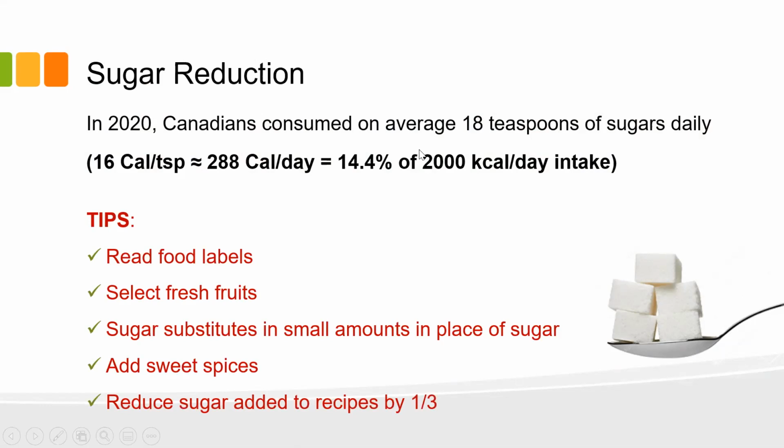So you want some tips on reducing sugar? Read your food labels. Go for fresh fruits to satisfy that sweetness craving. The fresh fruits are going to give you fiber and vitamins, and are going to be much better for you than refined sugars that you might find in a cupcake or a chocolate bar or something like that. For some people, using sugar substitutions may work out well, and there are artificial sugars and different things out there that might work. Some people use applesauce in recipes to substitute a little bit for sugar. Anyway, some ideas there, right?